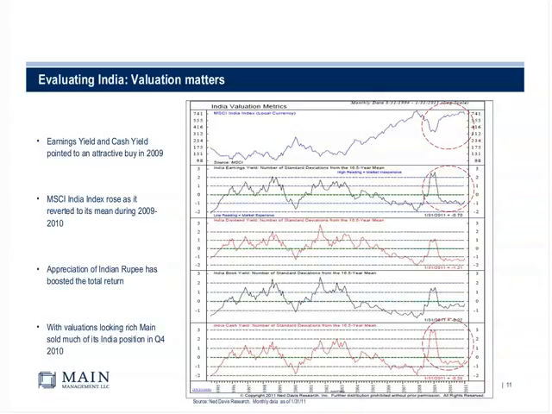One of the things that's happened here from 2009 to present, you've had the India markets up about 100%. The emerging markets are up about 80% over that time. So you've gotten some outperformance. Of the 100%, about 14% of that gain has come from currency. The Indian rupee has appreciated during that time. So you can tell here, year to date, what's happened is you're getting some reversion to the mean, where India is down 16% on the year, and the emerging markets down 6%. So reversion to the mean is happening right now.